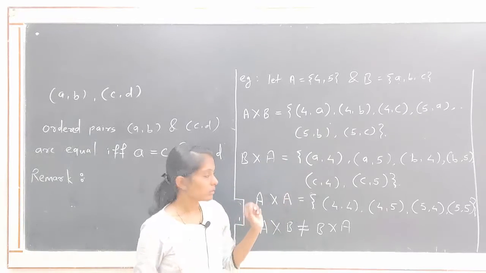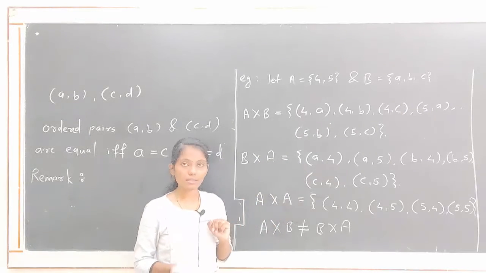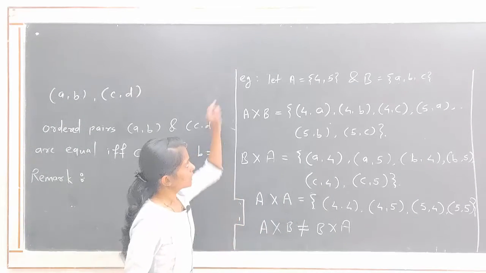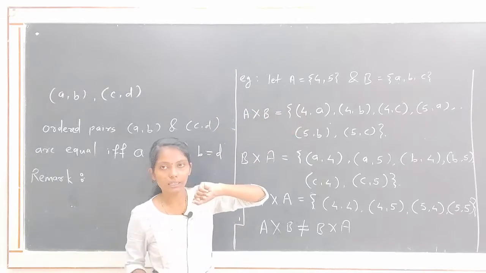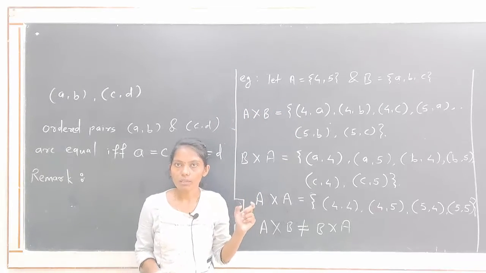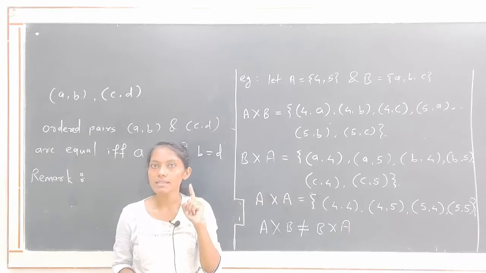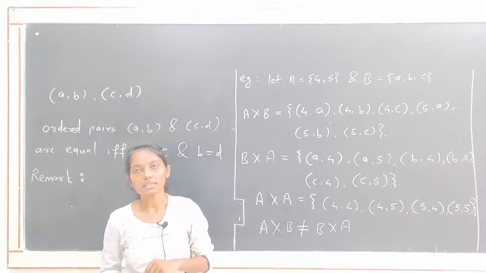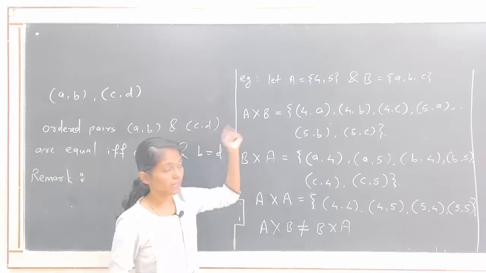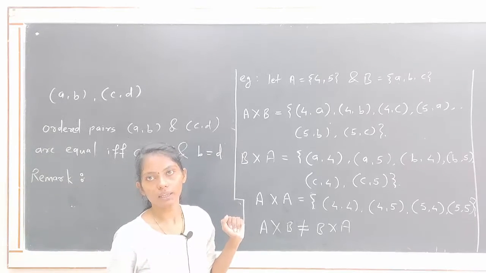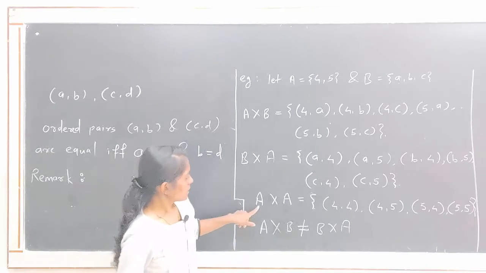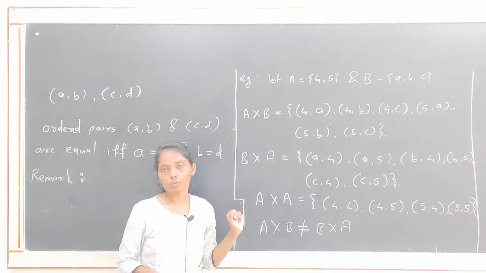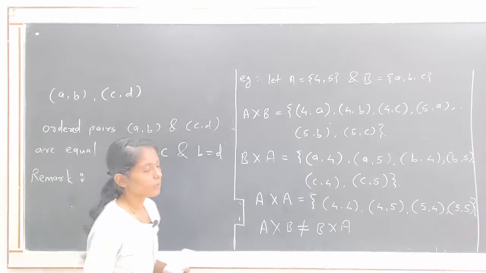Right. So here similarly B cross A also contains 6 elements and A cross A contains 4 elements. So see here A contains 2 and B contains 3. So Cartesian product contains 2 into 3, that is 6 elements. So that means if set A contains m elements and set B contains n elements, then Cartesian product contains mn element. Okay. So here again A contains 2 elements. A cross A contains 2 into 2, 4 elements. Get it this? So write down remark.